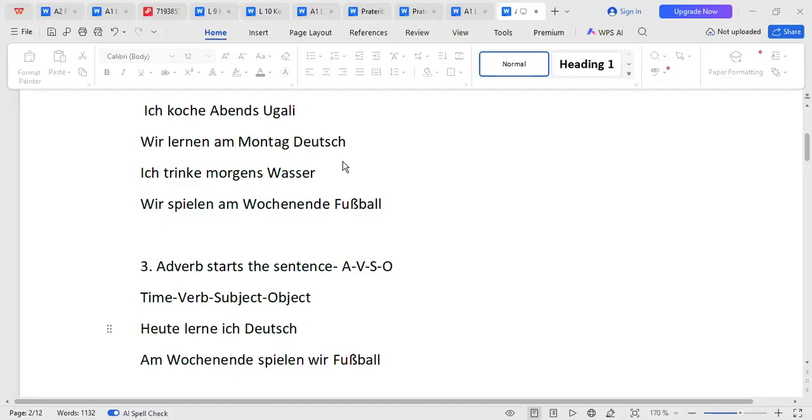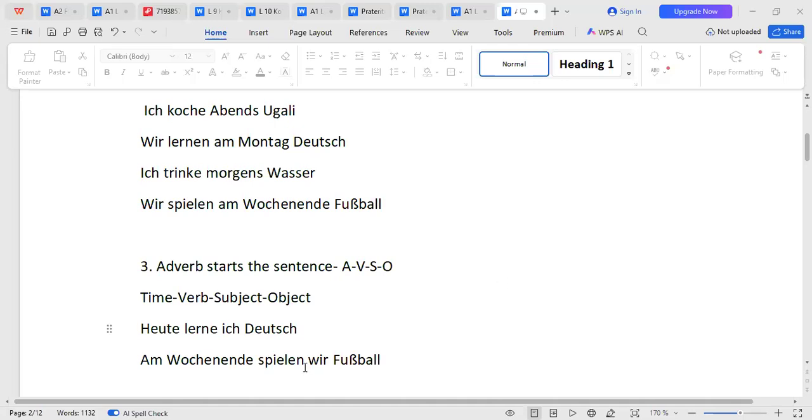The few minutes remaining are now time for you to ask questions. You can just write the question there. If you have no question, let me see the comments. How was the lesson? How were the conjugation rules, the 3 types of sentence structure? How are they, students? Let me see your comments. If you have a question, you can also write it there so that we handle it. But I'd also like to see the comments from all of you.